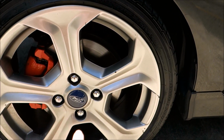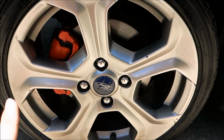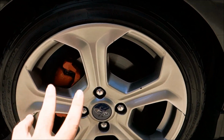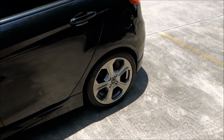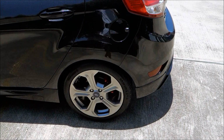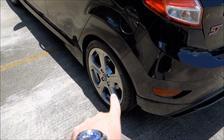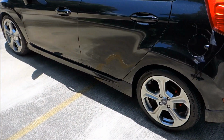Now, you've got four-wheel disc brakes all the way around, but the suspension setup is a bit of a weird one because you have a McPherson strut and multi-link suspension up front. However, in the rear, you have a torsion beam rear suspension instead. So if you actually were to put this car up in the air and look underneath, it's basically a giant metal bar that connects this left rear wheel with the right rear wheel, which is a little bit weird,